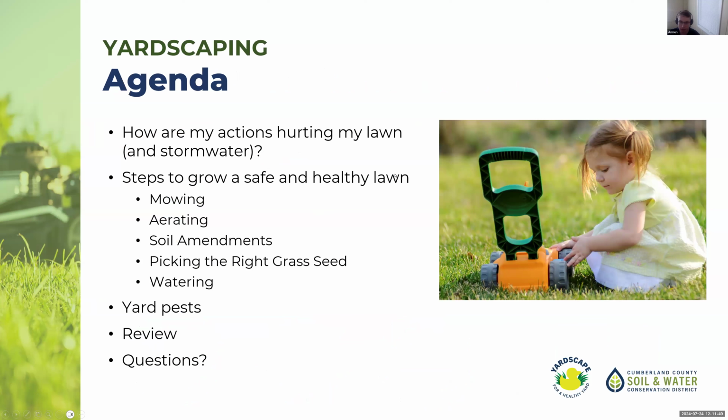So now that there's a little bit of background about the conservation districts, we're going to get into the topic of the presentation today. So this is all about how to move away from your conventional land care practices to have a healthier lawn. So conventional land care practices have been around since the 1950s, where it's nice to have your low-mow green monoculture grass lawn.